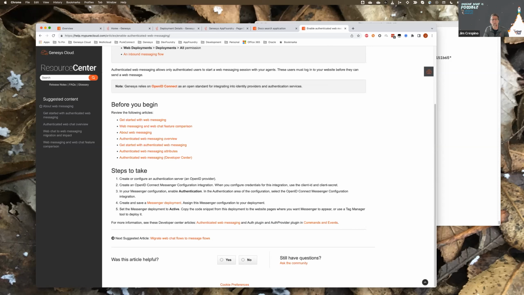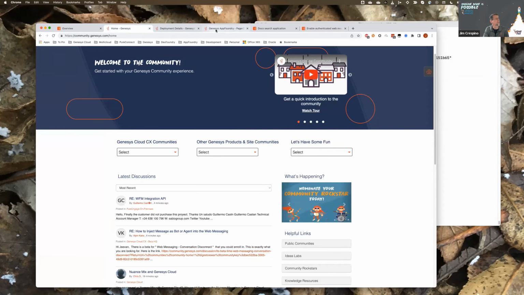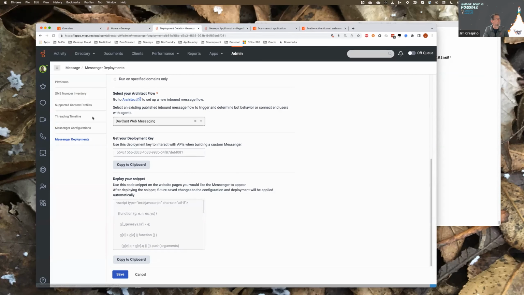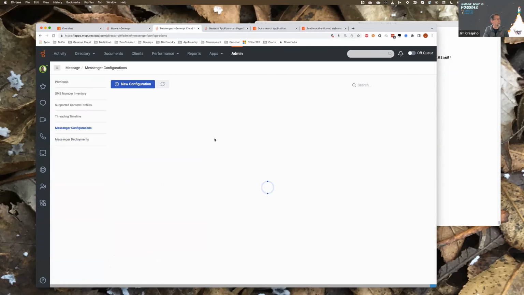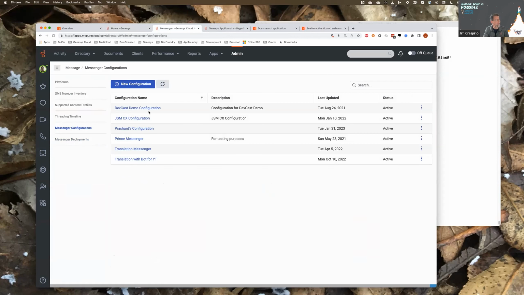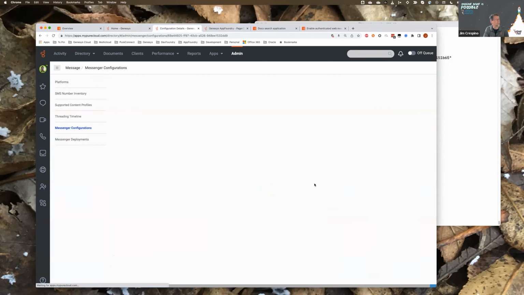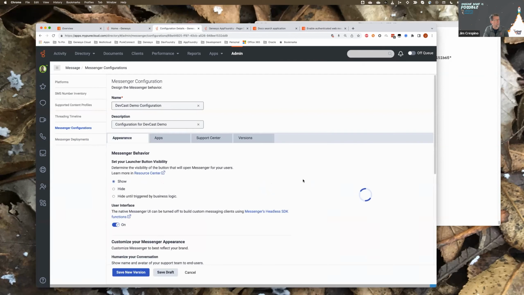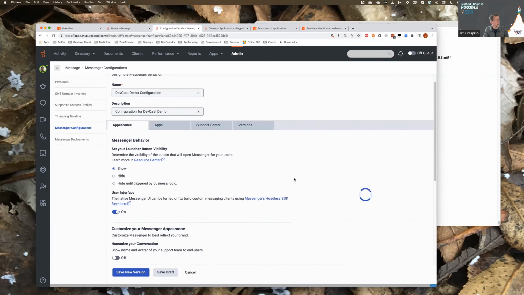All right, we got a couple more. Edson, okay, Edson, sorry. So Edson's posting again. How flexible is the web messenger chat box design? Can we apply CSS? So if you look at web messaging, here it is, messenger configurations. This is where you set up what the chat box on the website will look like. And there's not a lot of flexibility.